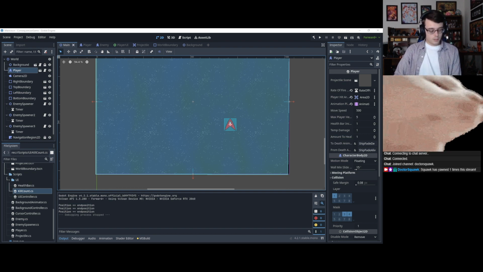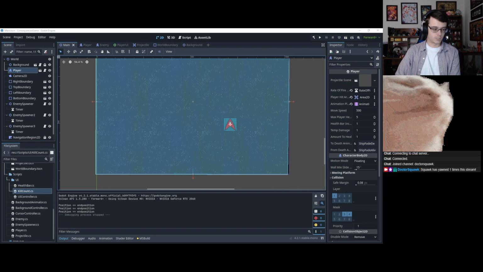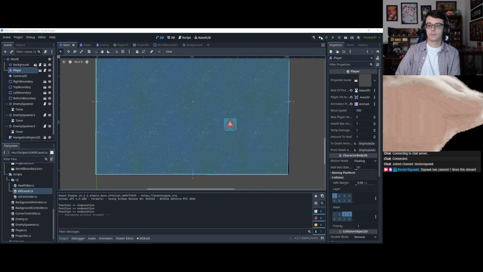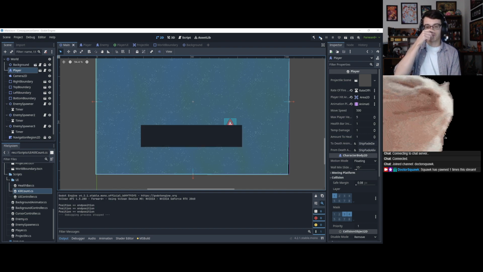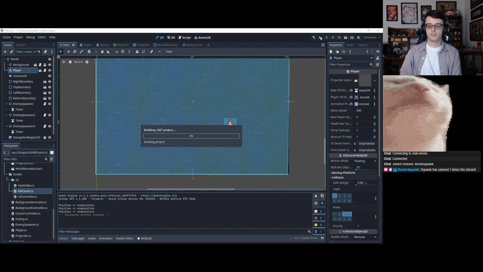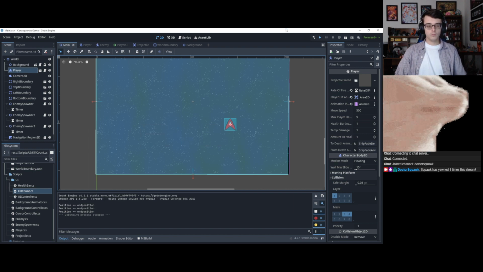Press the Windows key? Nope. Alt Tab? Nope. Press escape. You want to know why? Because it allows your cursor to escape. It sets the mouse mode to visible, which then makes it free.